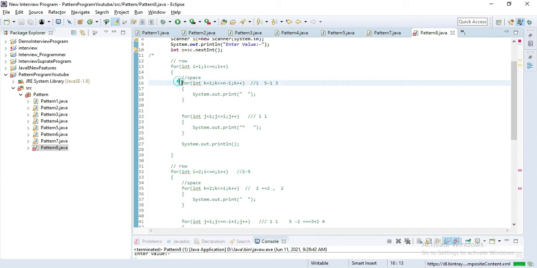In the space for loop, the initial value is also 1 in the first part and 2 in the second part, and here we define n minus I, and here only equal to I. So we have to store this common value in one variable.